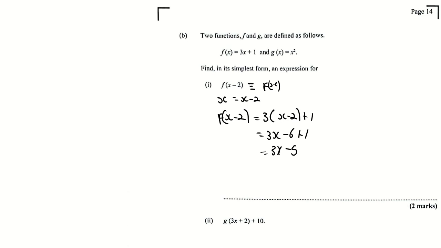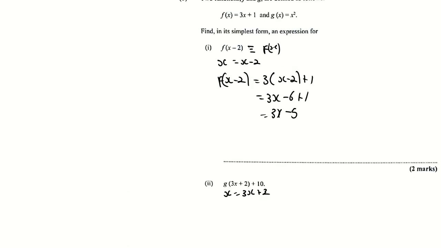Then they tell you they want to know what is g of 3x plus 2, plus 10. We know that x is going to be 3x plus 2, sorry. So when they say x squared, g of 3x plus 2 would be 3x plus 2 to the power of 2 plus 10, which is, if we know about